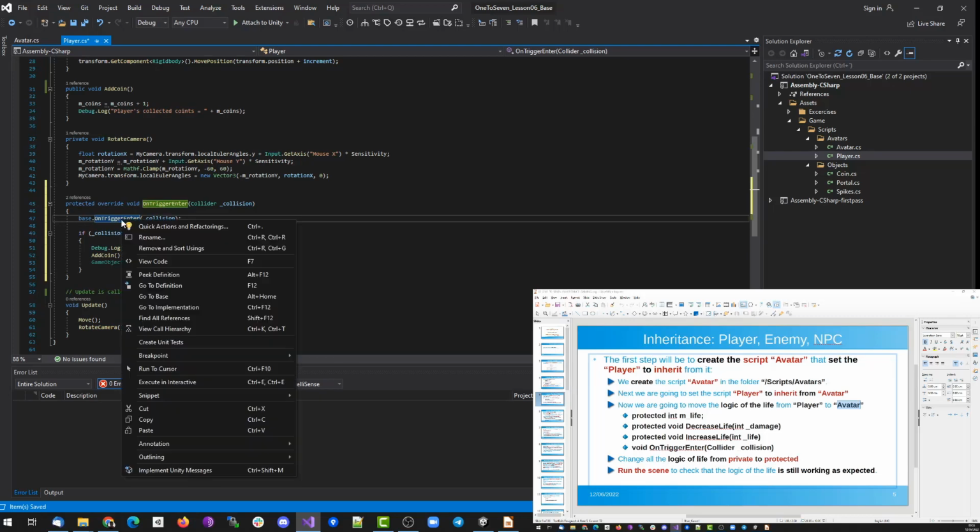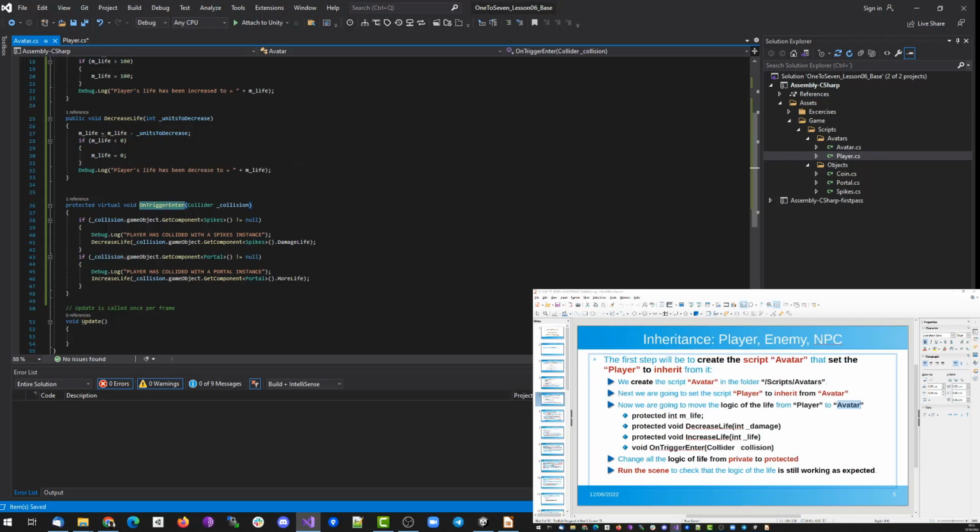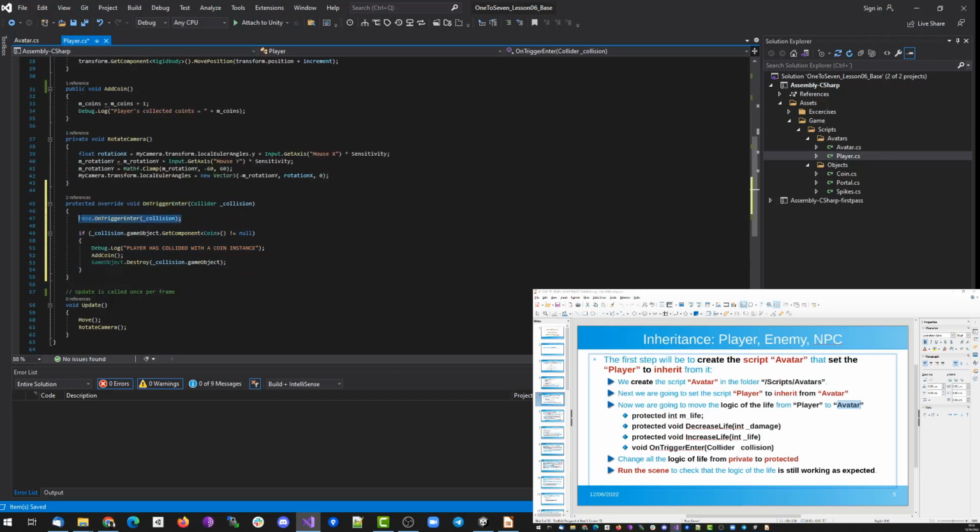We can go to the definition, and in Avatar it would run the code related to the collision with the spikes and with the portal. After running that logic, the logic that is only for the player, the coin collision, will be executed. Okay, so if we save and run the project,